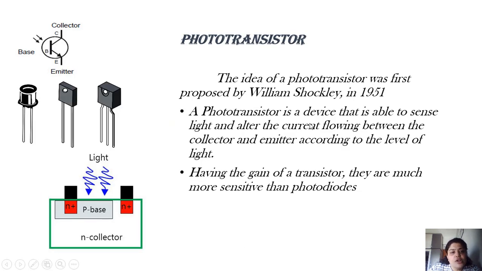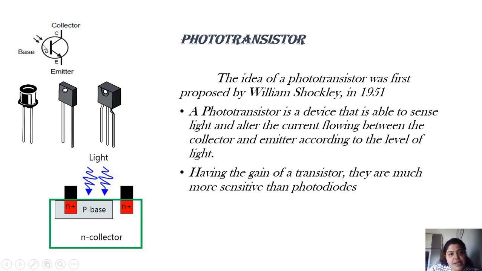Now, recently a small topic was included in your syllabus, that is phototransistor. So a brief idea of what a phototransistor is and how is it better as compared to photodiode. I'll be separately sharing the notes of this topic, phototransistor. So phototransistor, because it is a transistor, you might have studied in basic electronics. So transistor is a device which has three terminals. They are commonly known as the base terminal, collector, and emitter. As shown in the diagram, the symbol does not contain the base line, because generally in case of a phototransistor, base is never connected. Only collector and emitter are the two terminals which are of importance.